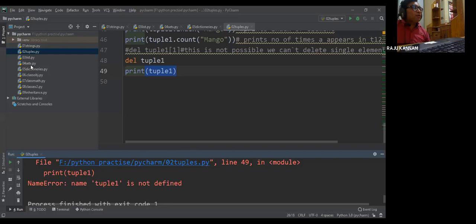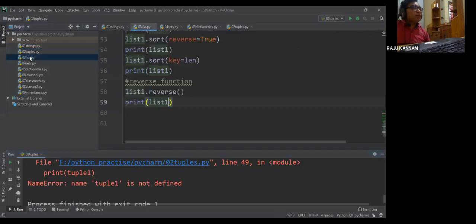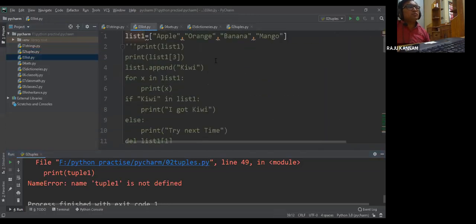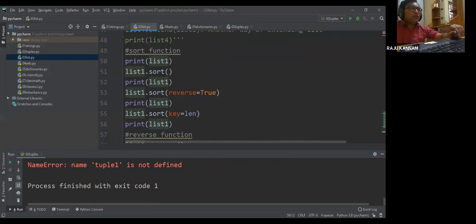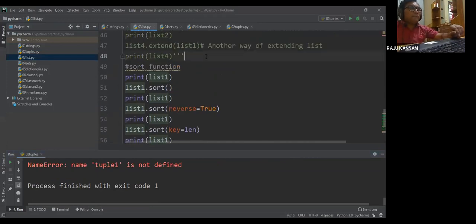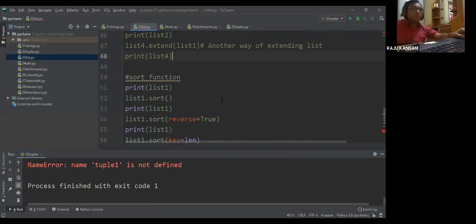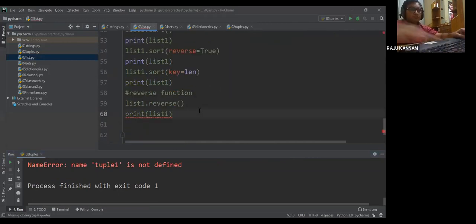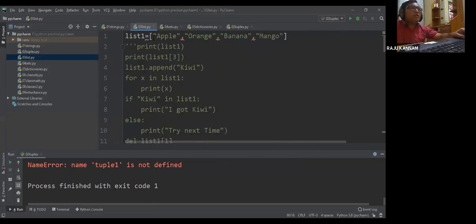Now let us go to the list program. Here I'm taking one list: apple, orange, banana, mango. 4 elements I have saved.